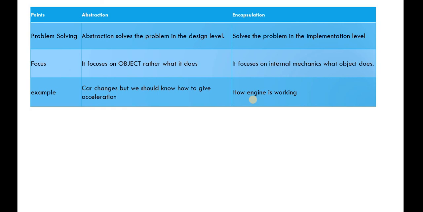So guys, this is the main difference you should keep in mind when explaining that both are hiding the implementation, but from what point? Abstraction works at the design level, and encapsulation works at the implementation level. In abstraction you focus on the UI level, but in encapsulation you focus on the implementation.